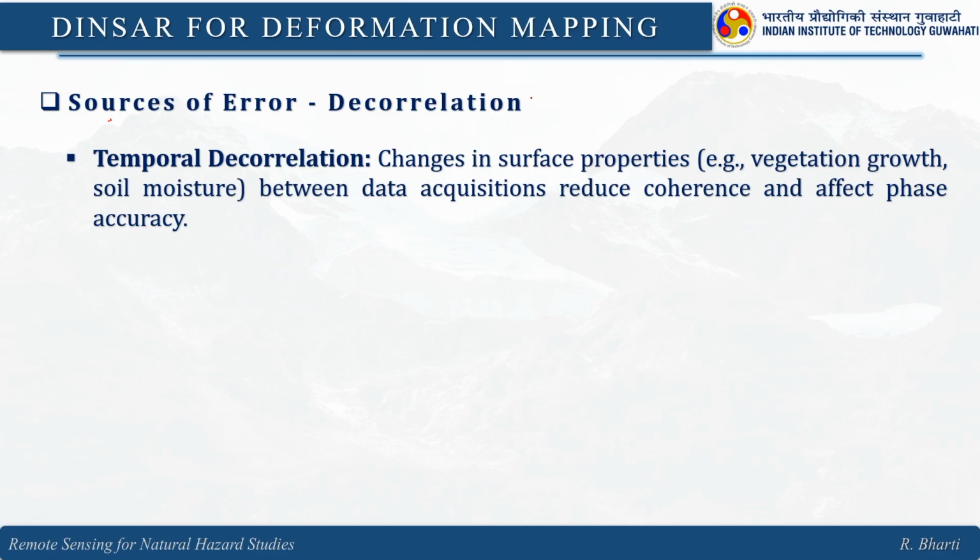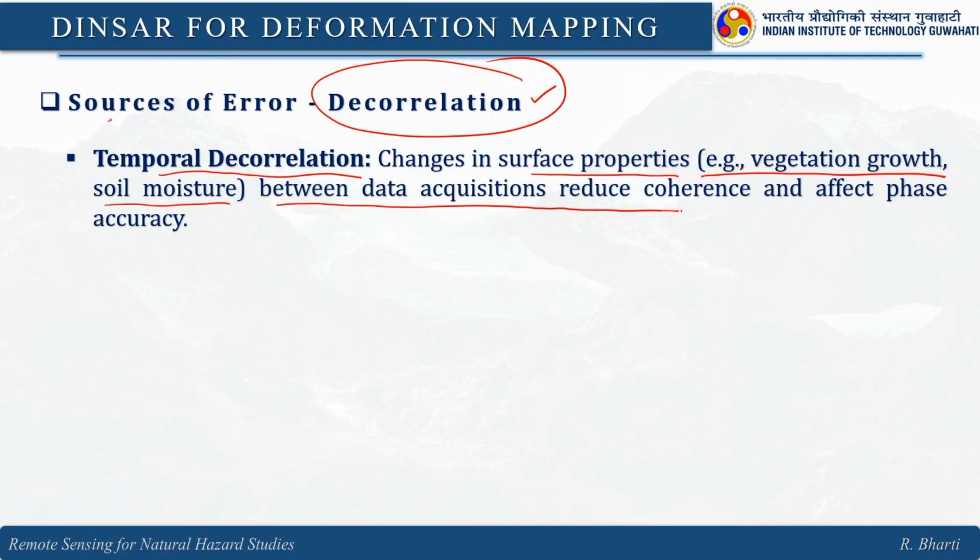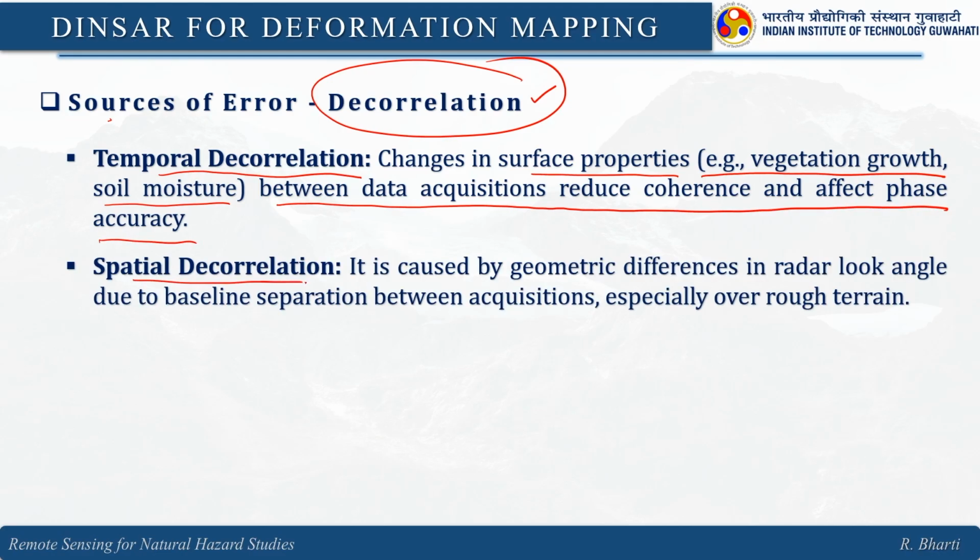When we talk about the sources of error, particularly decorrelation, the temporal decorrelation plays a critical role here. Changes in surface properties, for example, vegetation growth and soil moisture between data acquisitions, reduce coherence and affect phase accuracy, right. Then spatial decorrelation is caused by geometric differences in radar look angle due to baseline separation between acquisitions, especially